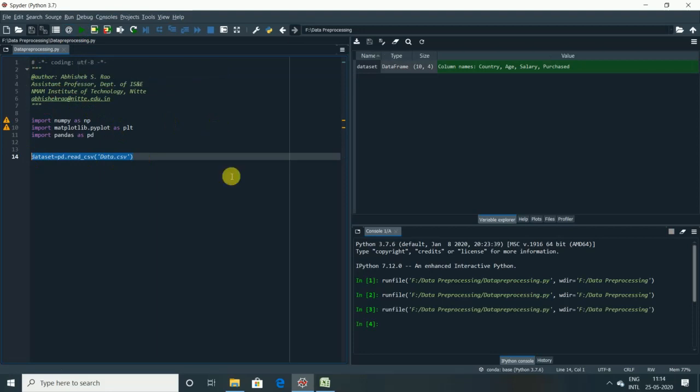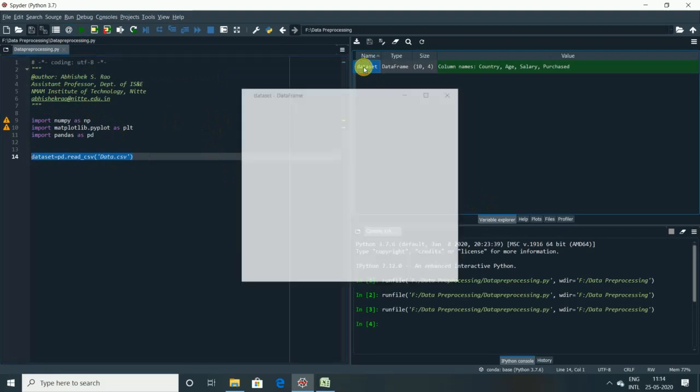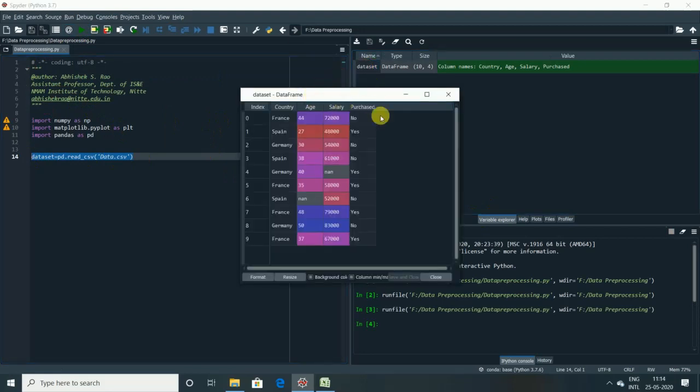Yes, we have successfully imported the data set to our editor, and you can see the dataset in the variable explorer. When you double click on that, you can see the data frame here. So what is the data frame here? You can see there is an index value. There's a new column being added, that is the index value, and each and every attribute will be determined using the index value. This is index 0 to n minus 1: 0, 1, 2 and 3.